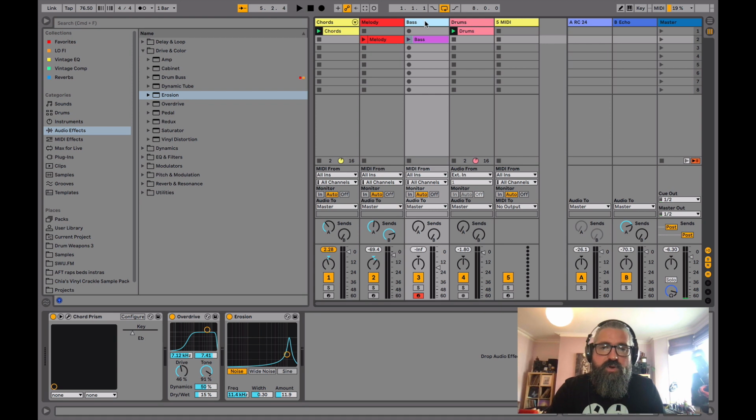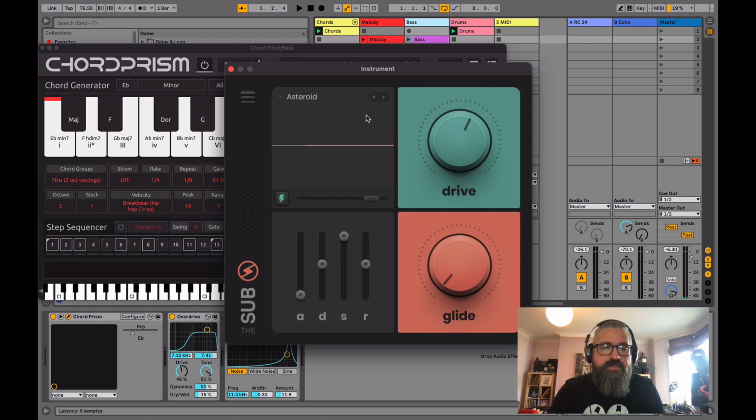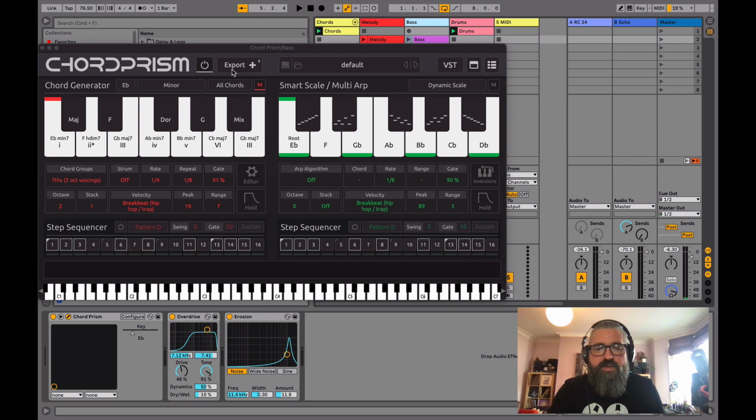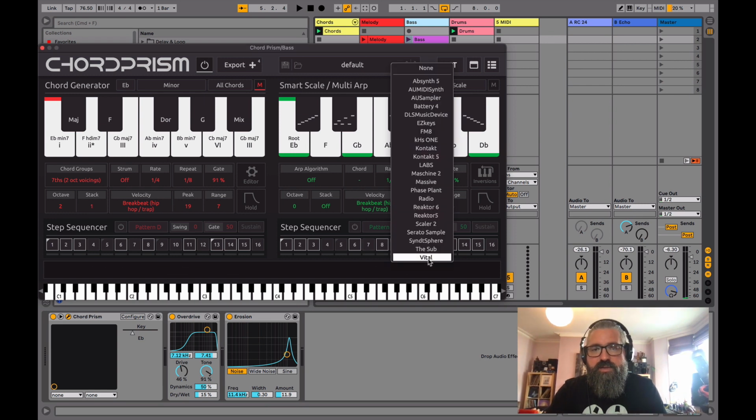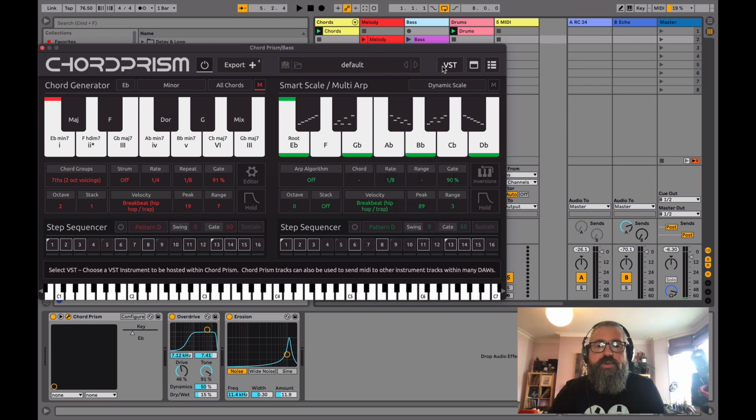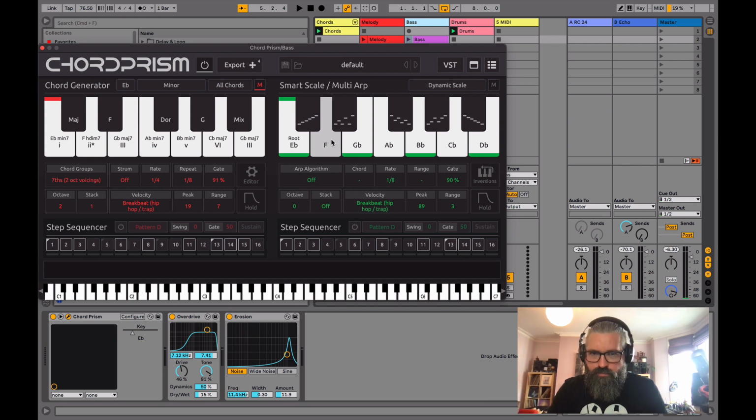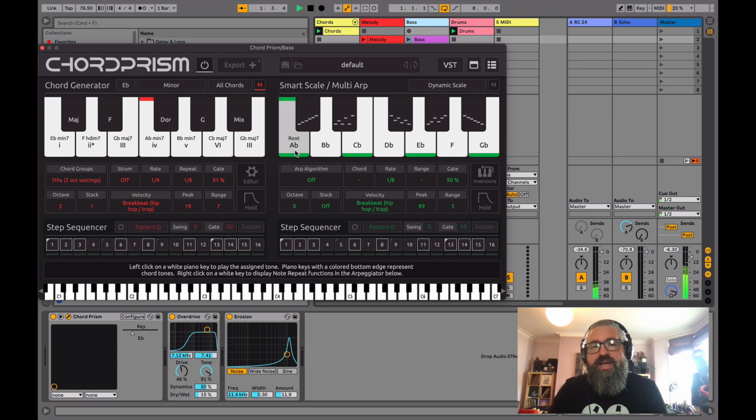So then what I've done on here is a bass, right? I've got a bass in Chord Prism. It's the sub, and it's interesting actually how Chord Prism works within Ableton. It works slightly differently in other DAWs, but in here you actually load your VSTs into the plugin and it plays it. So whatever instruments you've got, you can load them and use them with Chord Prism. So watch what happens as I'm playing my chords from one instance of Chord Prism over here, then I've got my bass instance over here, and as it plays you can see